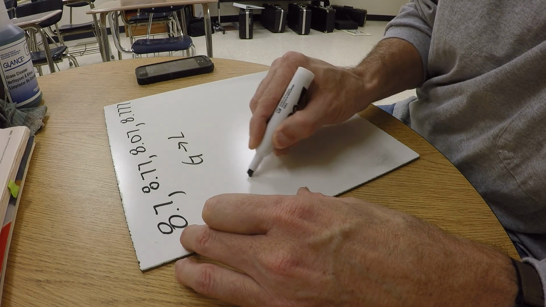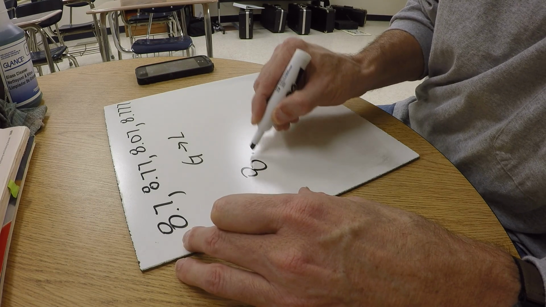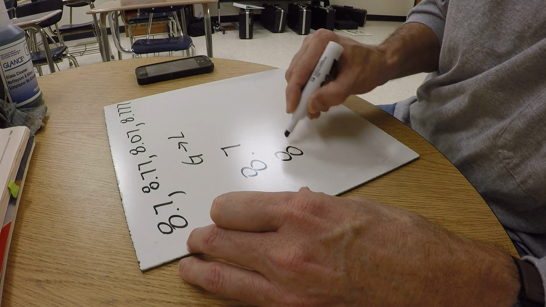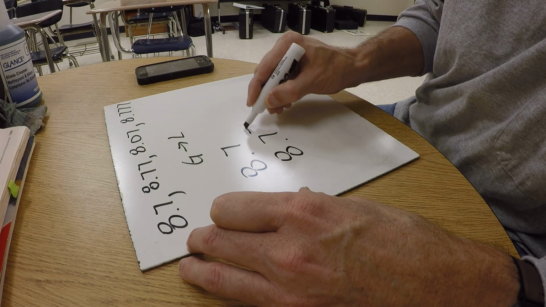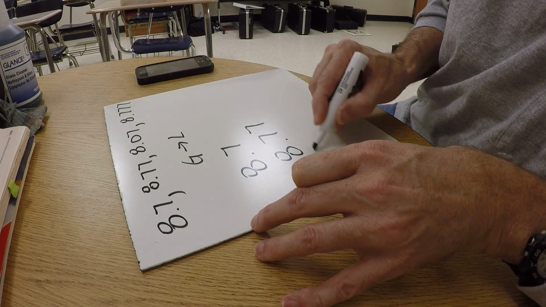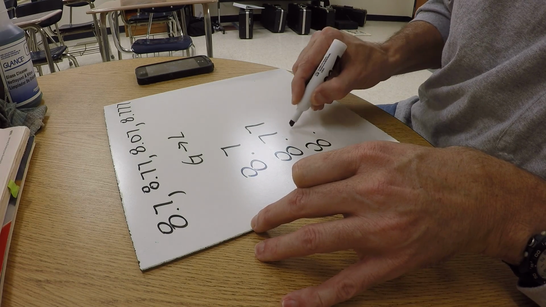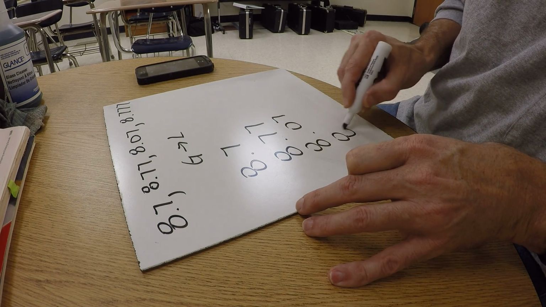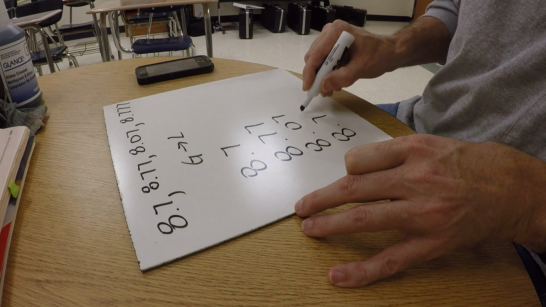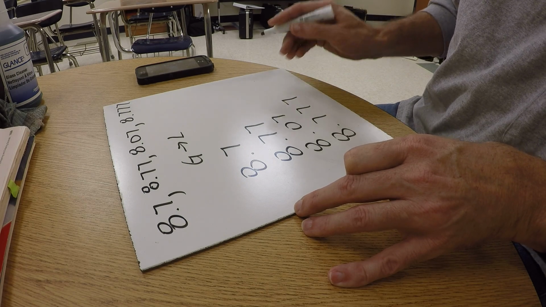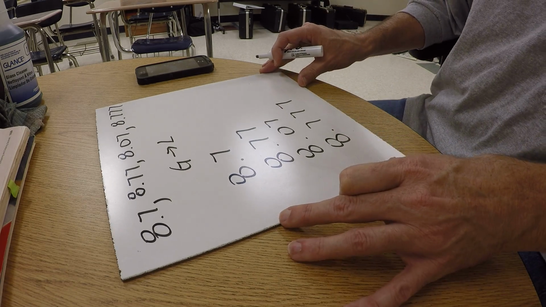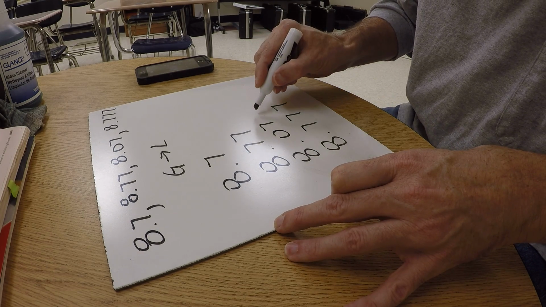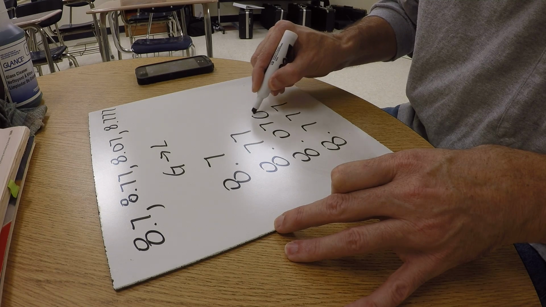We have an 8.7, an 8.77, an 8.07, and an 8.777. Okay? Now, let's just take a few seconds and put zeros where there are missing numbers,